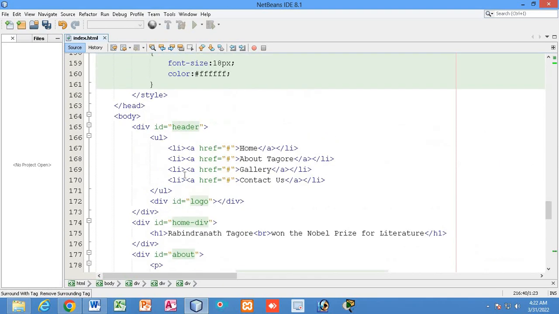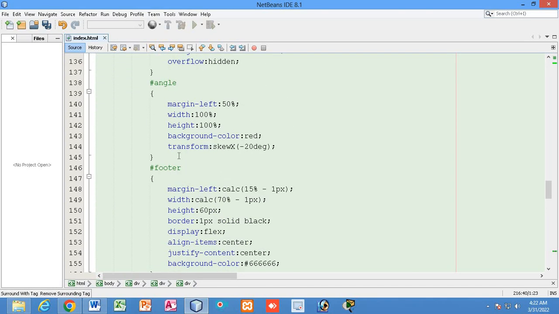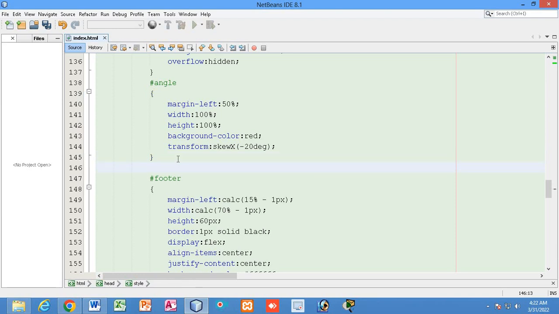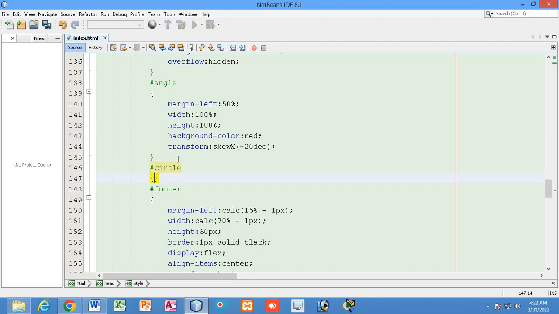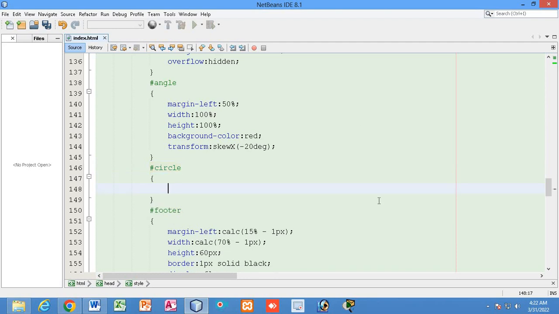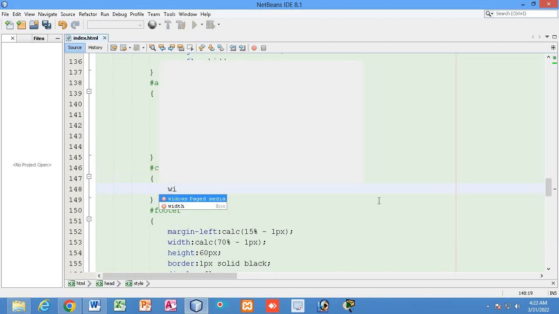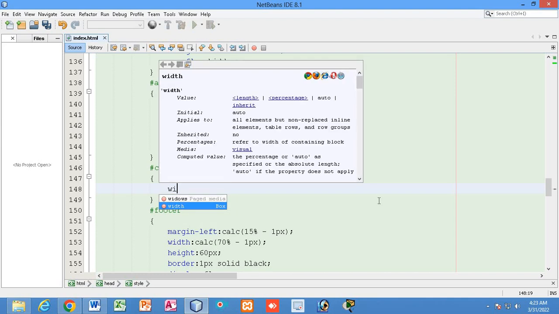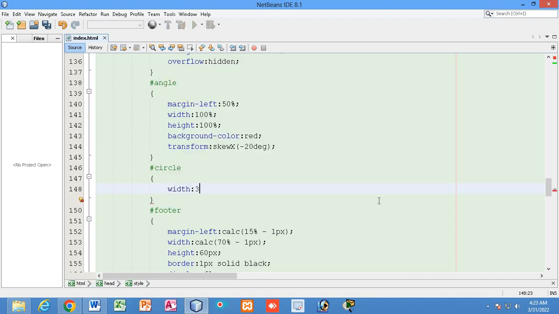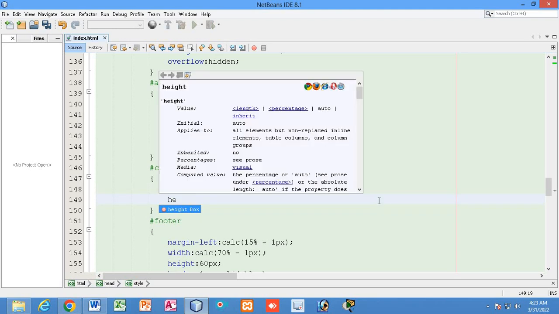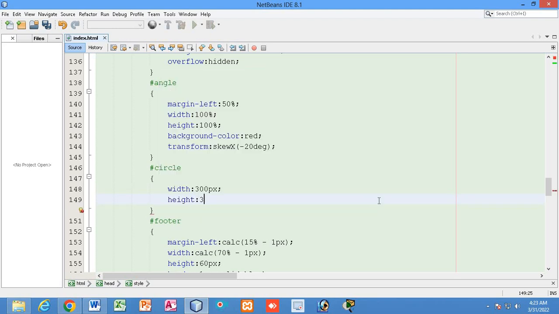So let me write the CSS over here. Inside the angle div we are going to create a circle div, so for the circle div we are going to write the CSS. Let us give the width, not more than 300 px. Height, not more than 300 px, right?